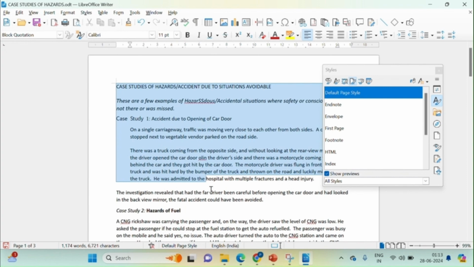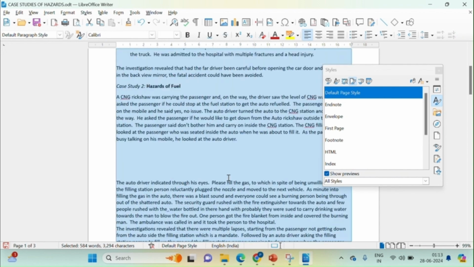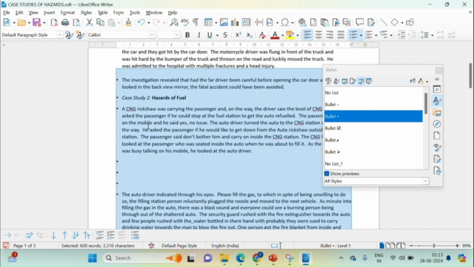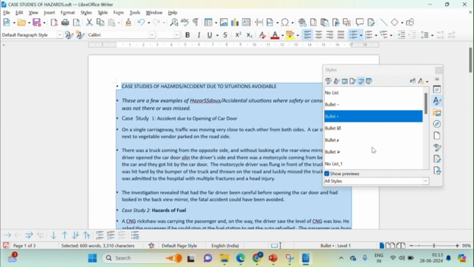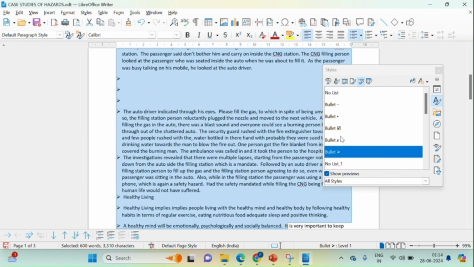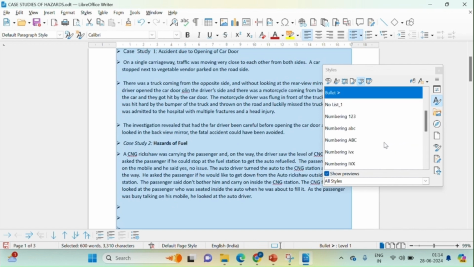For example, I am selecting this entire text and shall be placing it in the form of bullets and numbering. Bullets, we say, are unordered listing, and numbering is an ordered listing. So for unordered, we'll move to list styles, and whichever bullet we double click, that bullet will be inserted at the beginning of each and every sentence in the selected paragraph. Suppose I have taken this bullet, or maybe this one. Accordingly, whatever bullet I select will be implemented in the list styles. Similarly, we can do it for numbering as well.